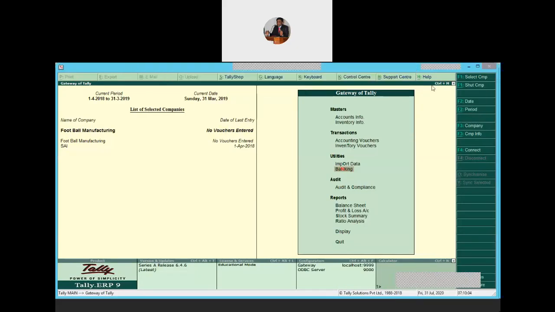This is the gateway of Tally. The company in which we are operating is football manufacturing. In the previous video session regarding creation of a company, or setting up of a company, we created football manufacturing. So we are doing all modifications and entry of the transactions, and everything will be done in this football manufacturing